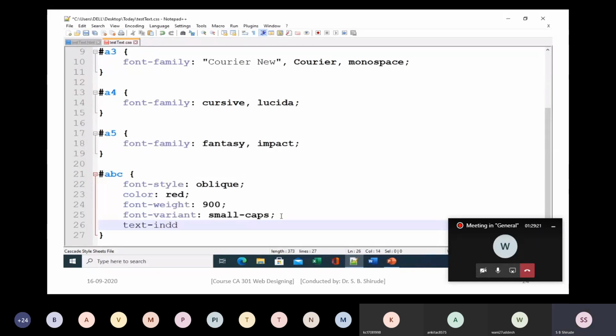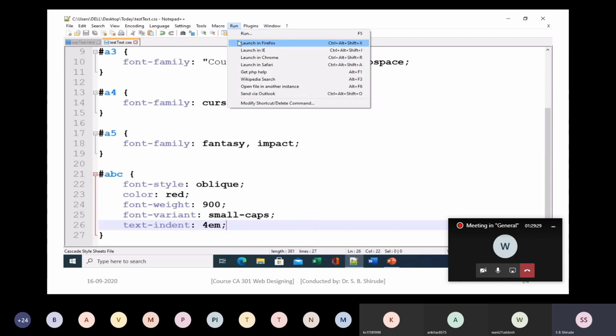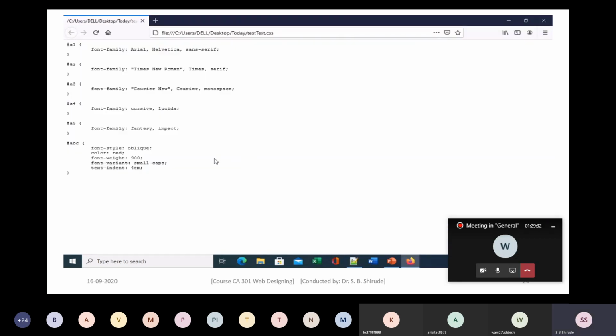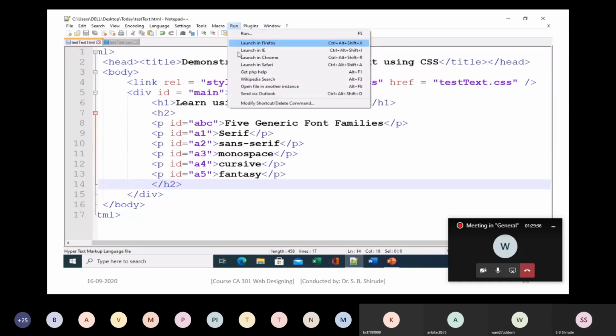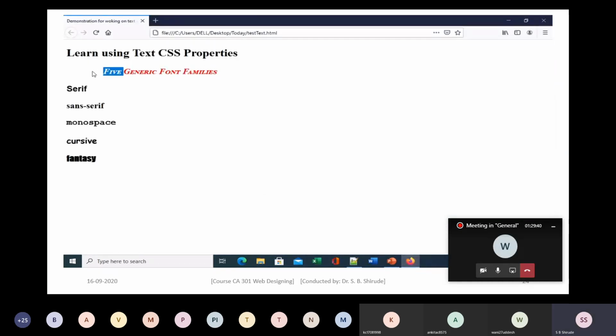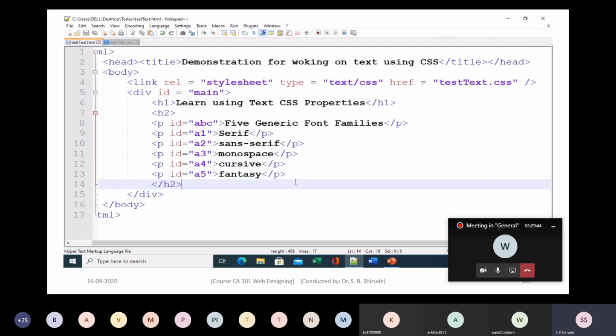Such as text-indent. That indentation we will give, suppose say 4 em. I am giving 4 em. Now see what difference you will see. Due to 4 em, one tab's worth of indentation is left there.